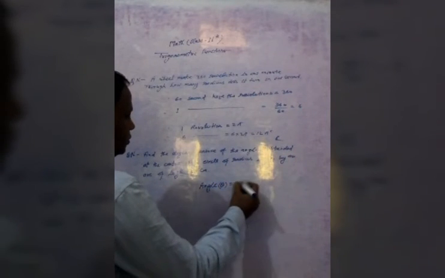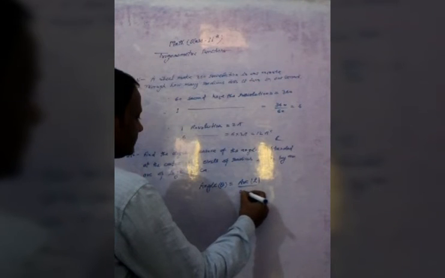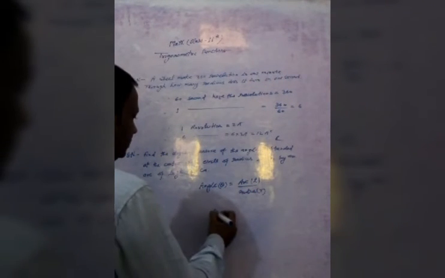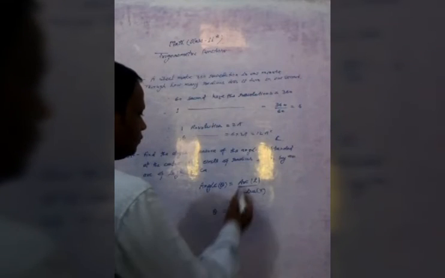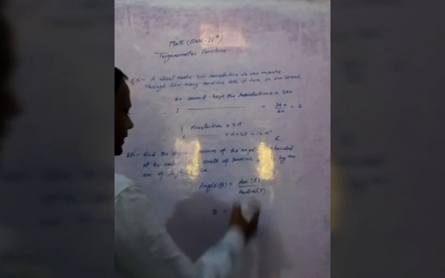Angle theta is equal to arc L by radius r, then theta is equal to arc is here 22 cm and radius is 100. For degree value